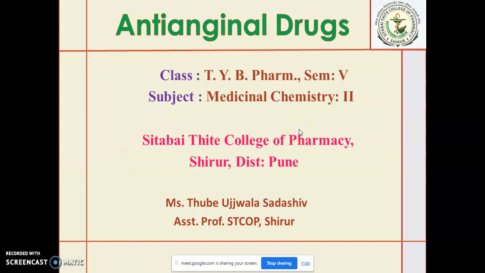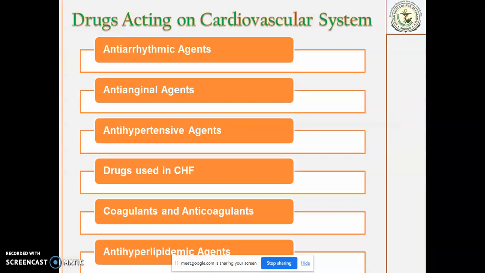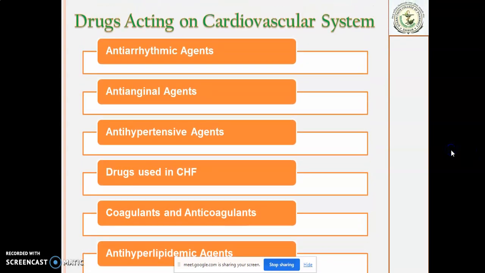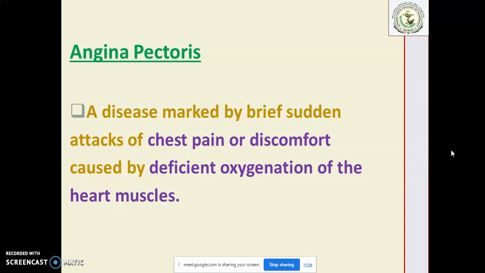So let us talk about antianginal drugs. This part we have covered during our lecture. Angina pectoris is a disease marked by brief or sudden attacks of chest pain or discomfort caused by deficient oxygenation